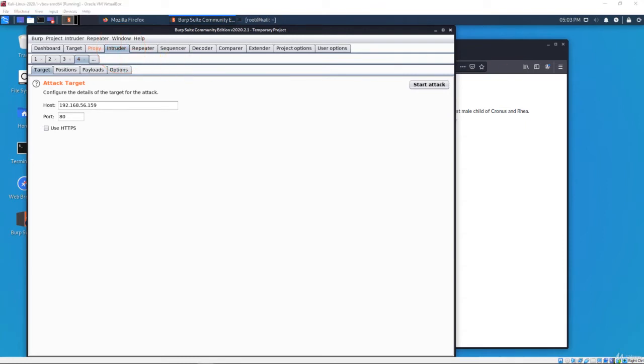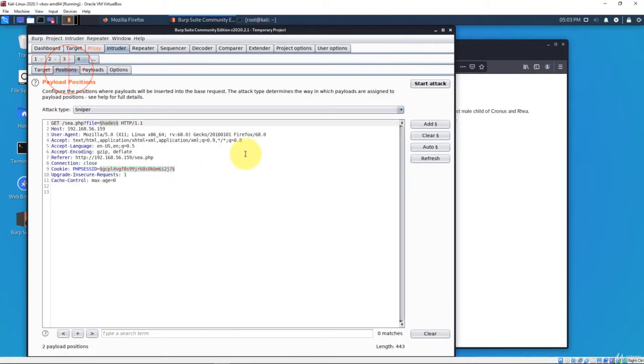Real quick, what we're doing here is directory traversal, which is a technique that allows us to access restricted files by utilizing a payload such as ../ in order to move outside of the web directory and access other directories. So I'll show you how that works. Now we have these payload positions. I'm going to clear that out. And we are going to put in ../